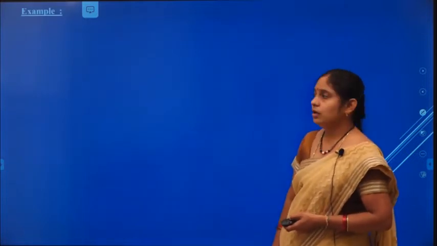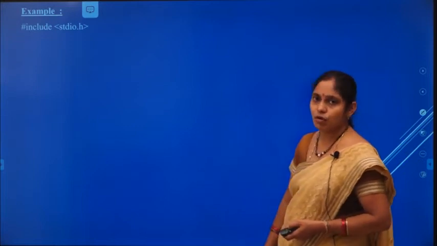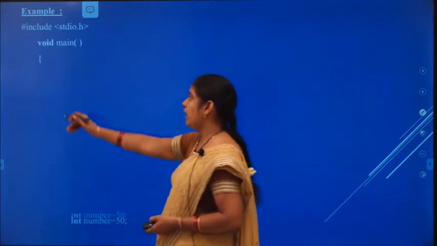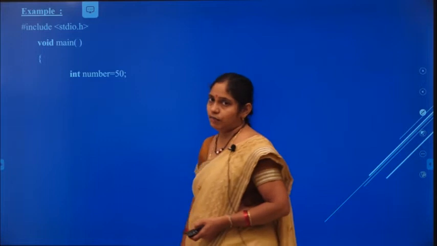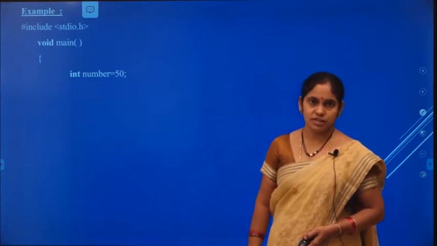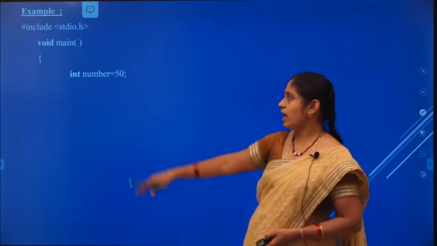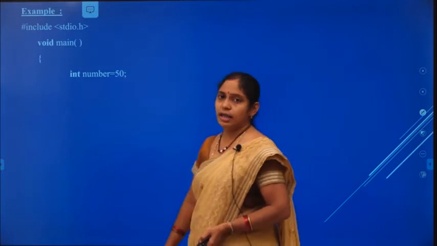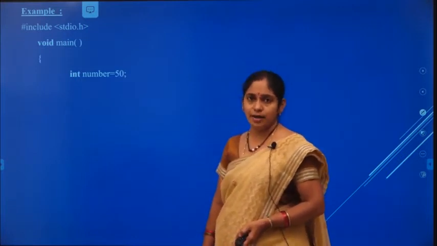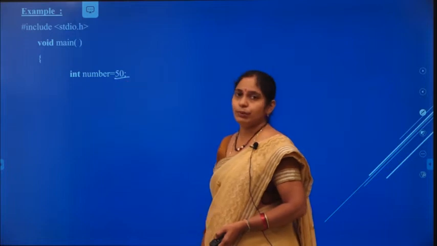Now see the example of a decrement operation on a pointer. We started with stdio and the main function. Followed by that, we declared an integer variable named number with the value 50.